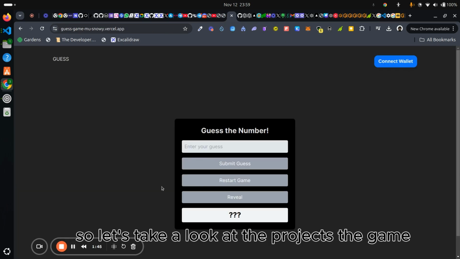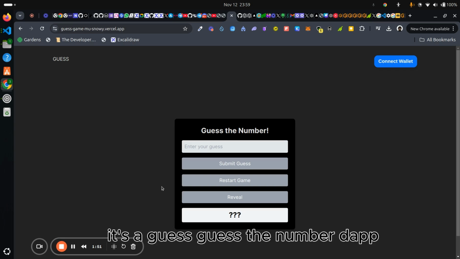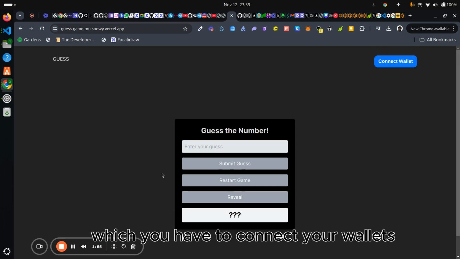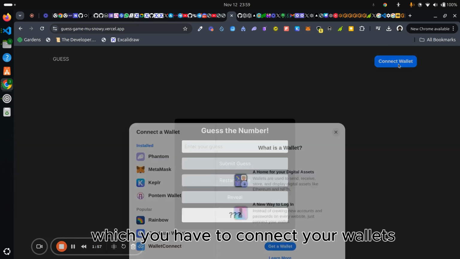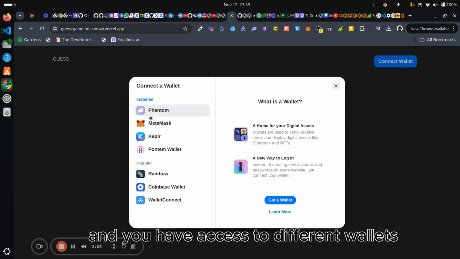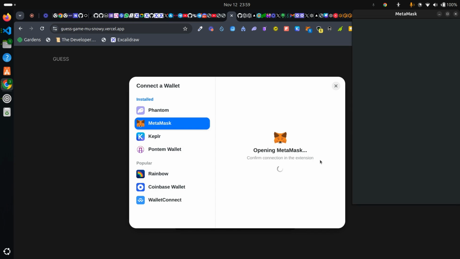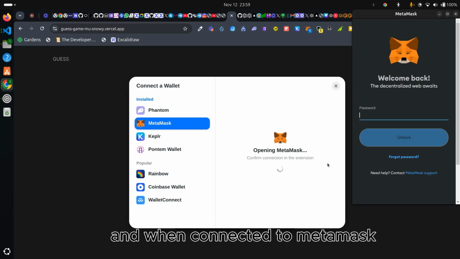So let's take a look at the project, the game. This is what we are building. It's a basic guess the number dApp, where you have to connect your wallet. Let's connect our wallet. It opens up a wallet with Rainbow Kit, and you have access to different wallets. You click MetaMask, and when connected to MetaMask,